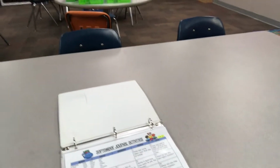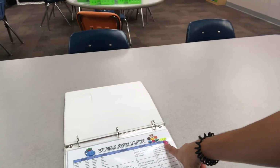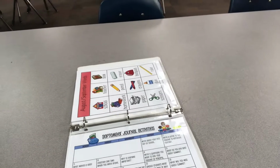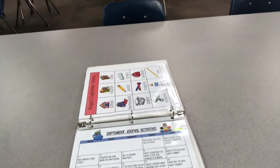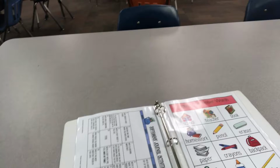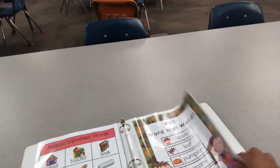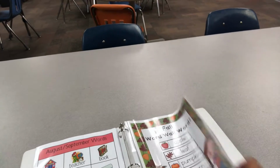So these will be their journal activities for students in K through 2, and then this will be the journal activities for students in grade 3 through 5. I got all of this from the Busy Teachers Cafe. If you don't know about them, they are awesome. And then I think I got these from Teachers Pay Teachers. So like I said,